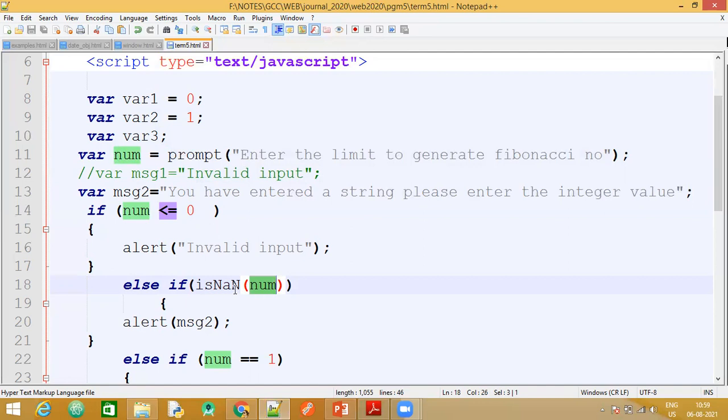We are trying to check that whatever is entered by the user, if it is not a legal number, not an integer, then we need to give an alert saying you have entered a string and you have not entered a number. So isNaN basically stands for is not a number. That function will help you to check whether whatever parameter you're passing is a number or not. If it is not a number, it returns true, and if it is a number, it returns false.